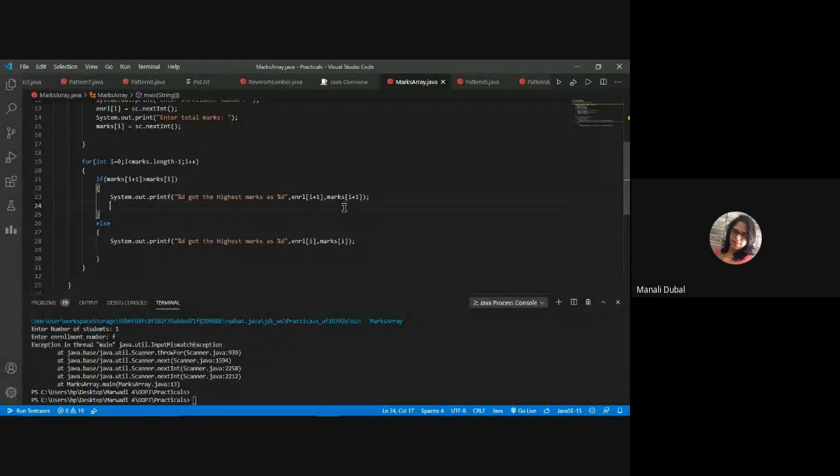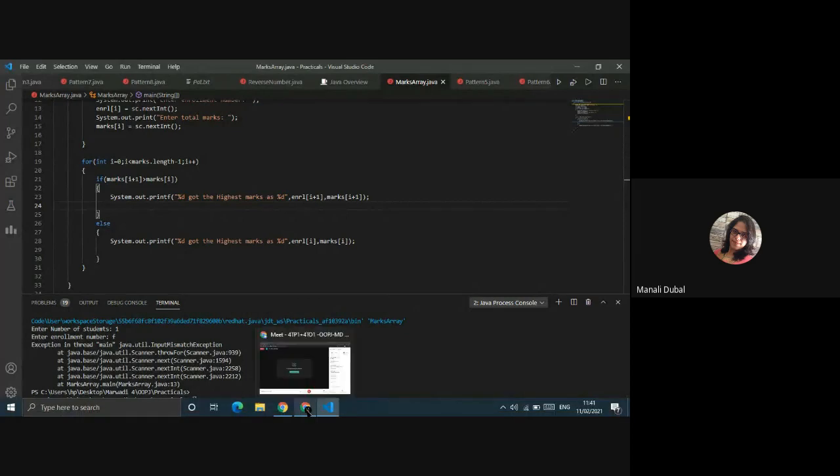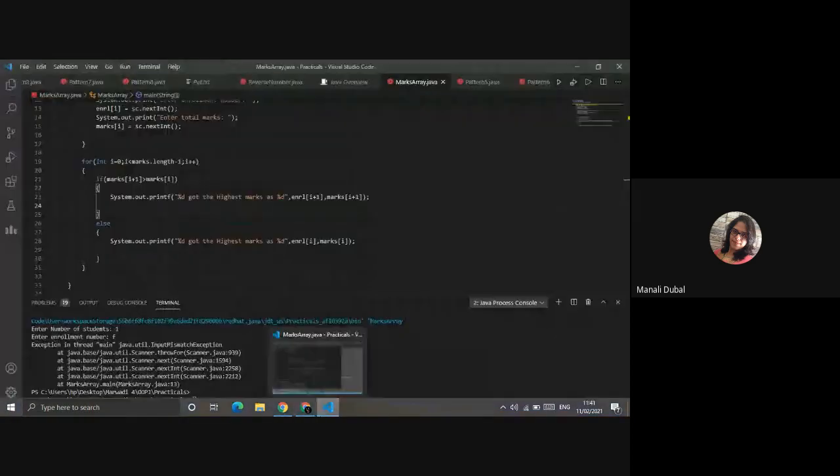If you are finding the smallest number between these 2 numbers, then that smaller number should be compared with other numbers also, no? Because you have to find the highest and lowest from the complete array, not just 2 numbers. So you need to back up the smallest number in a separate variable and then compare that variable with all the other numbers in the array.